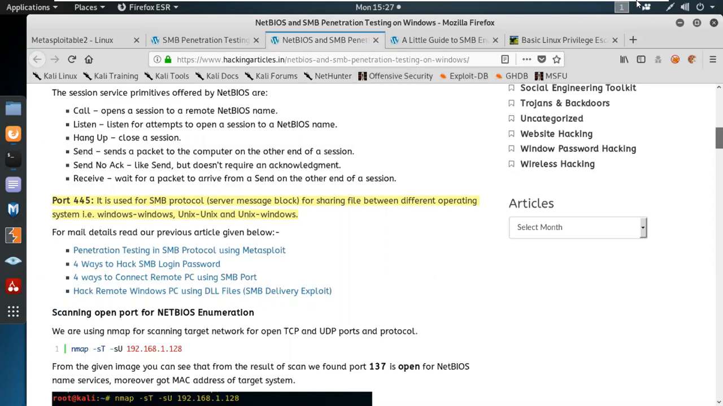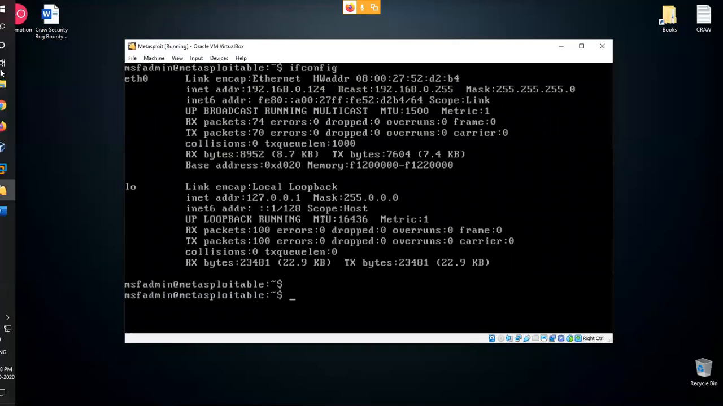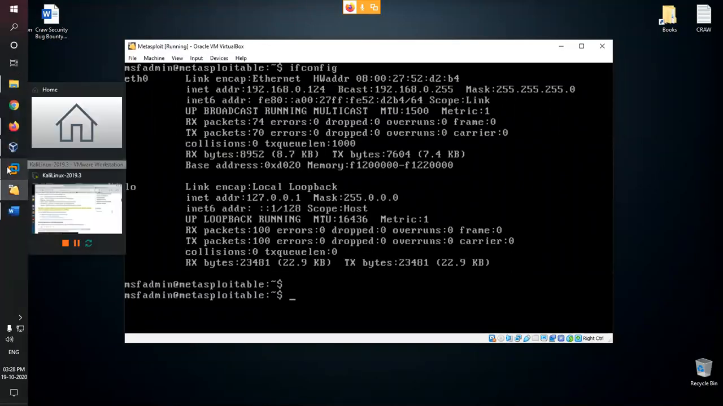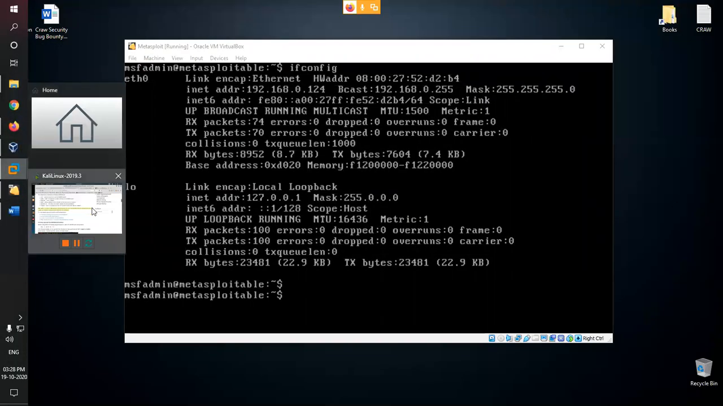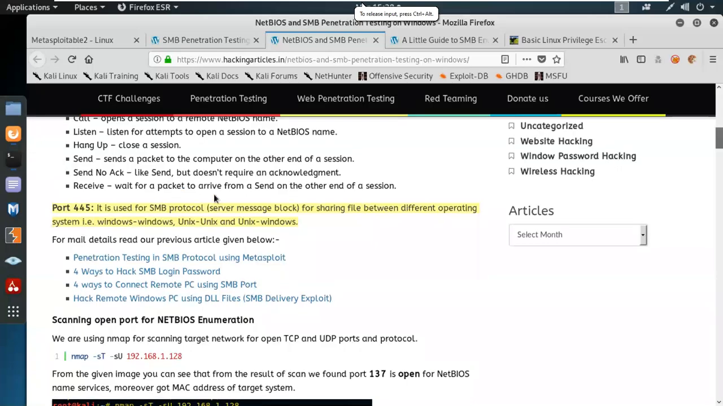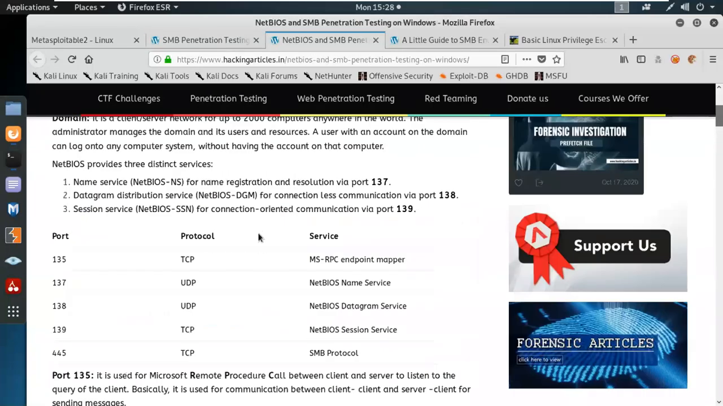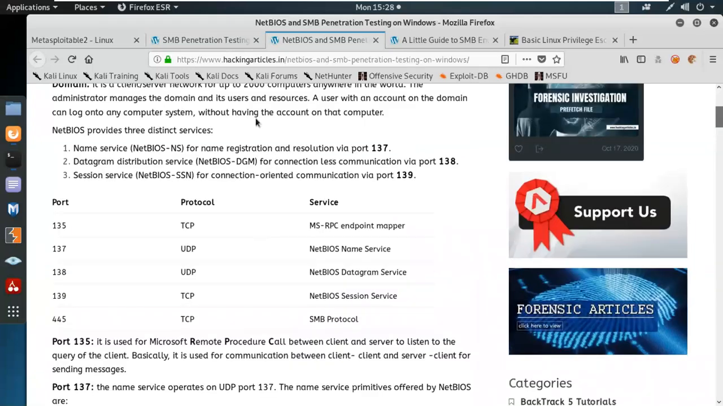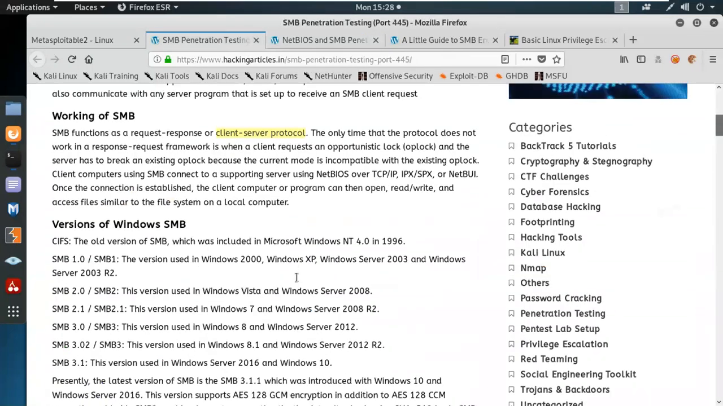So today we have a victim machine, which is our Metasploitable, and we're going to check the Samba ports on the server side. As we know, the Samba ports are 135, 137, 138, 139, and 445. So let's have a look at how we can proceed with these. And listen, the most important thing: